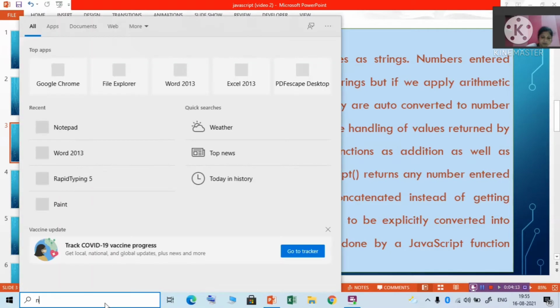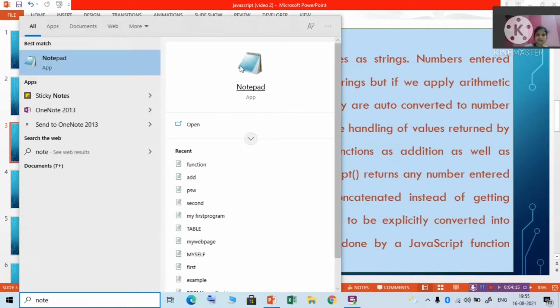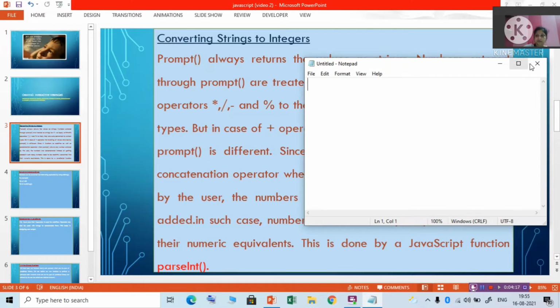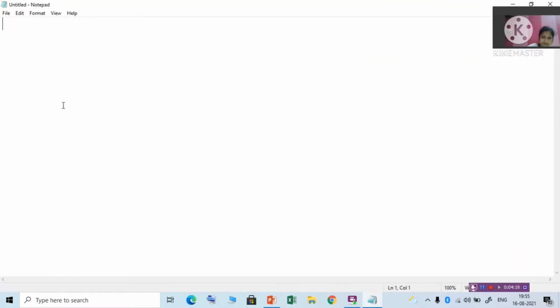Go to Notepad. Let me write HTML. If we want to give a head, then give it.